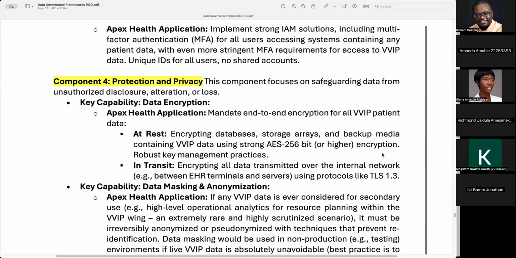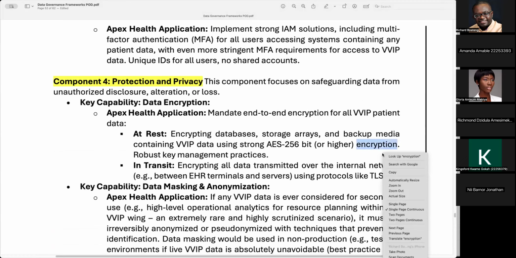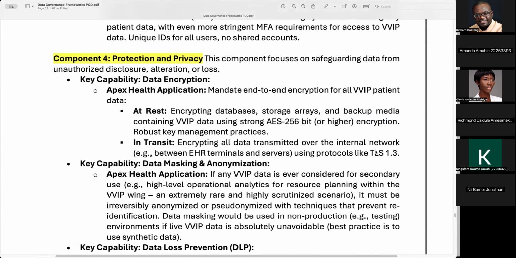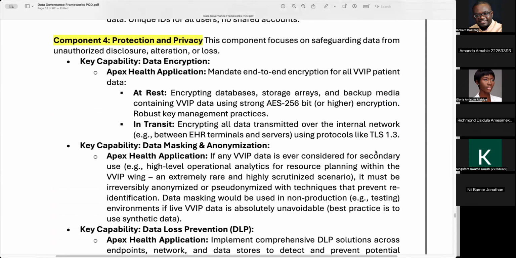Protection and privacy capabilities under CDMC. Encryption must be key. Mandatory and comprehensive. The data encryption capability mandates strong end-to-end encryption for all VVIP data. At rest, using algorithms like AES-256 for data stored in databases, file systems, and backups, coupled with robust cryptographic key management practices, and in transit, using protocols like TLS 1.3 to encrypt data moving across internal networks and any external